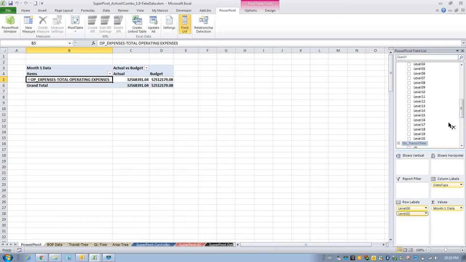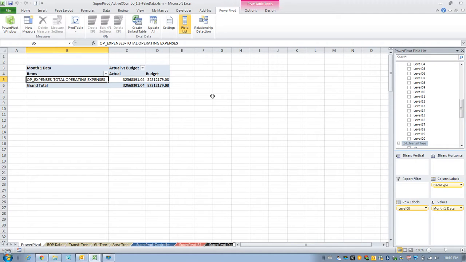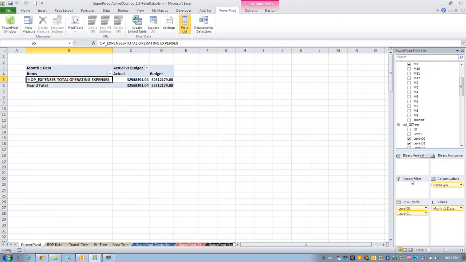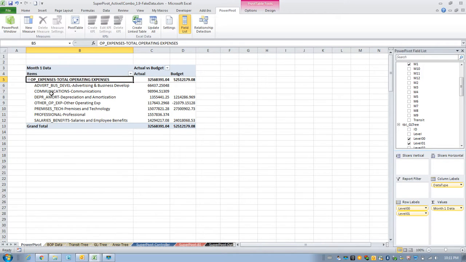So today, the main purpose of this demonstration is not to show you how to build a Power Pivot. You can Google for it. It's easy to set up. But what I want to demonstrate to you is this. Here is the highest level of the GL structures, as you see here. If we drill down, we drag this item in, we'll be able to see the next level of the GL,